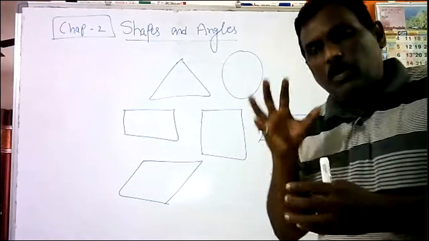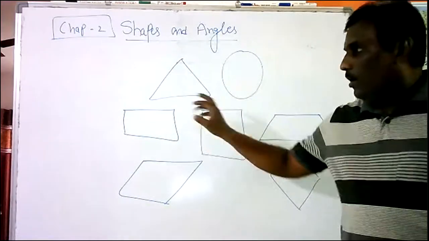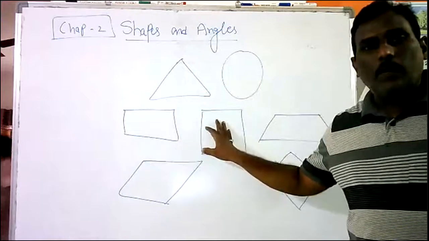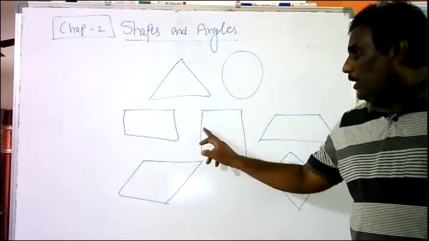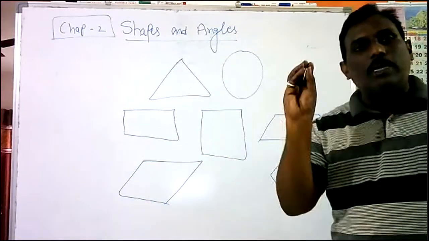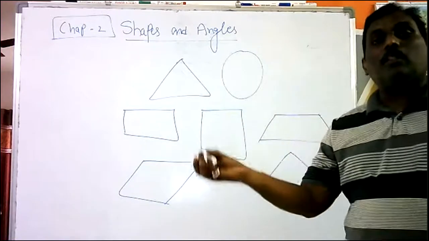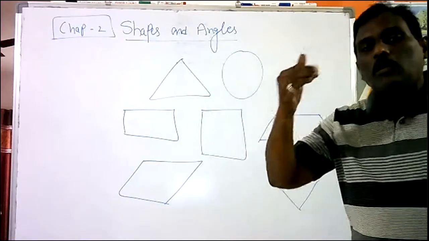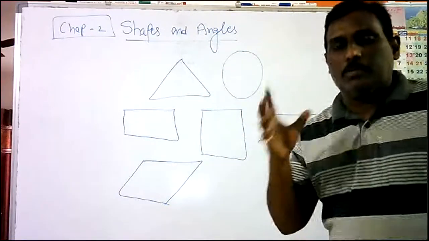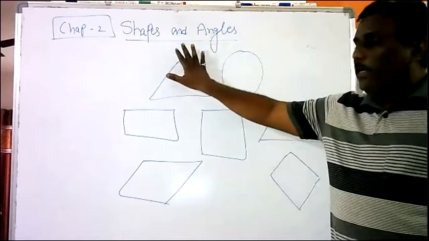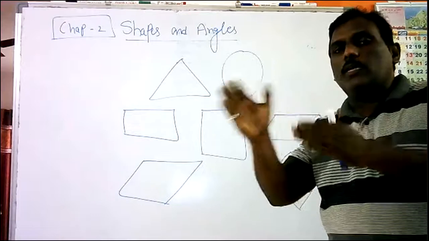In this chapter, we are going to study in depth about these mathematical shapes. For example, rectangle or square. How many sides will be there? Any relation between the sides? Are sides going to be equal or not? Are they going to be parallel or not? Are they going to be perpendicular? All these properties we are going to study in detail in this chapter. Though we know many of these concepts, we are going to study this in a systematic way.